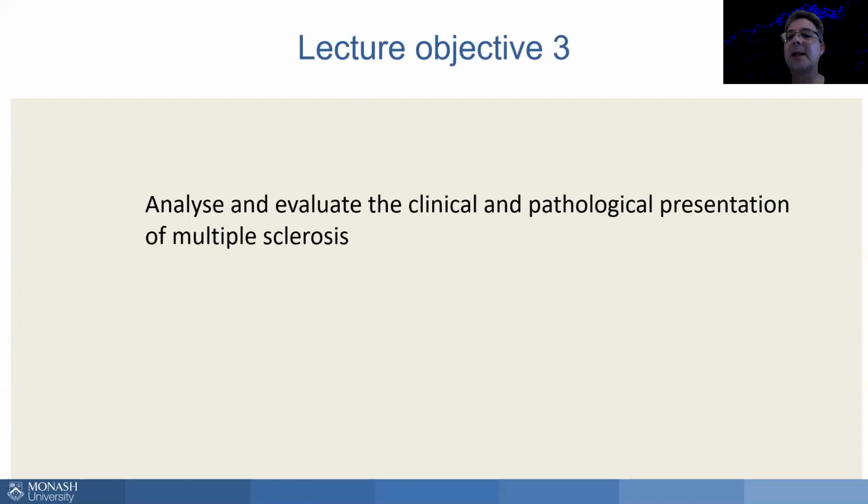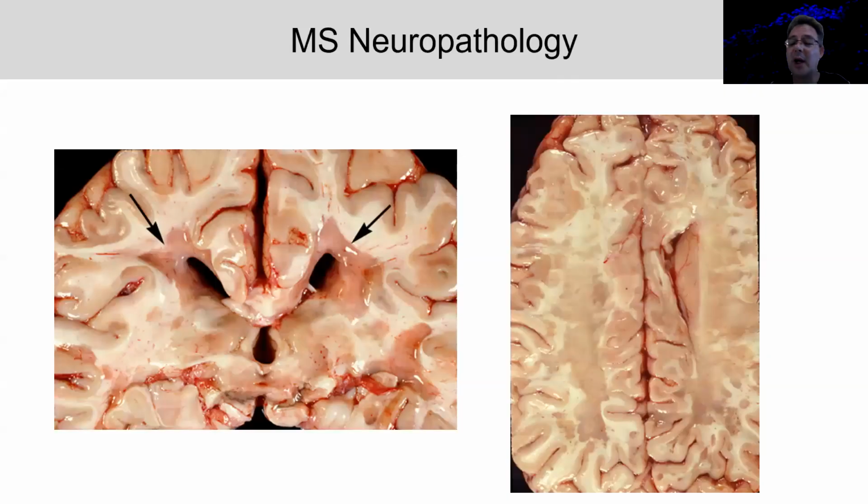So let's define lecture outcome 3, where we're here to analyse and evaluate the clinical and pathological presentation of multiple sclerosis. And this is quite a complex area, and I'll try and make it as simple as possible because MS neuropathology is quite involved. But we'll be discussing just the basic aspects of neuropathology in MS. So the basic aspect is the demyelination, quite clearly, in the scar formation that is evident on